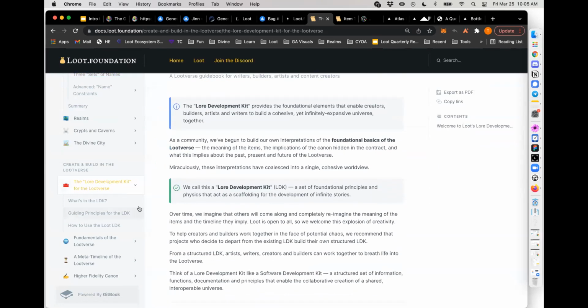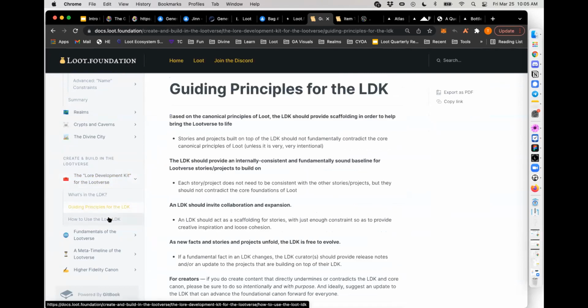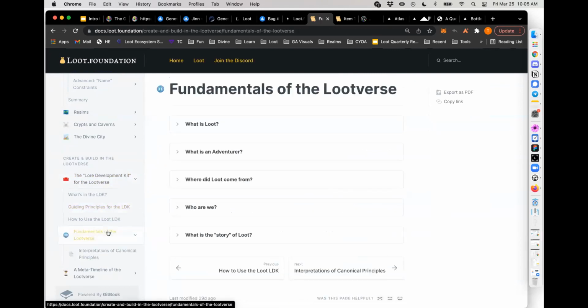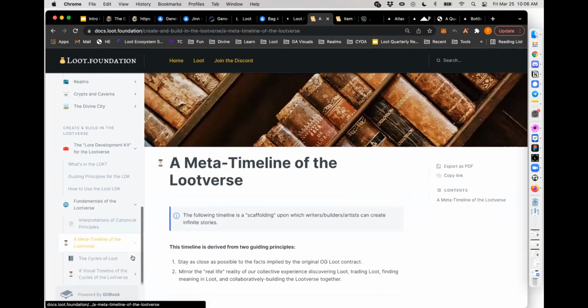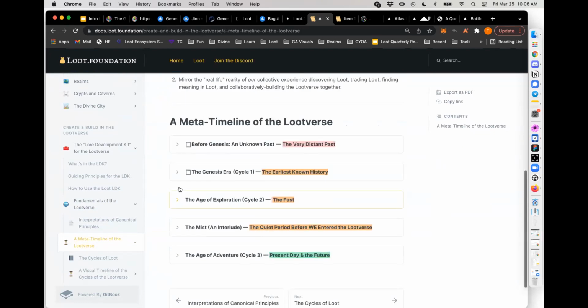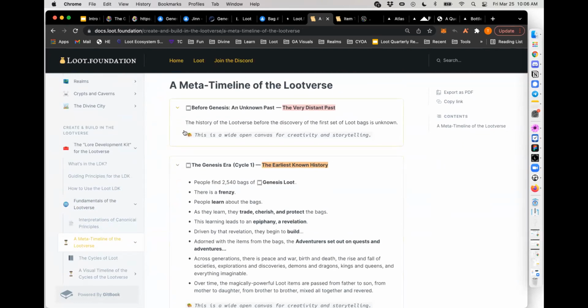But it's a set of foundational principles in physics that people can build on top of, like fundamentals about what is loot, what's an adventure, where did it come from, but then also a meta timeline, which is kind of fun to look at, a timeline of the Lootverse that people can work inside of that provides a meta canvas.